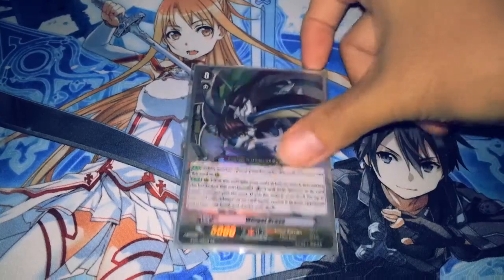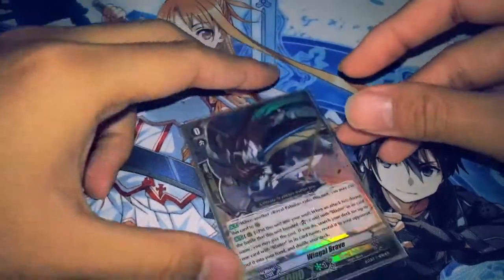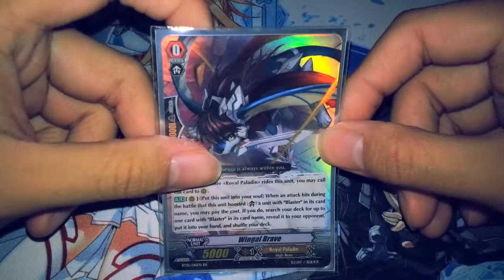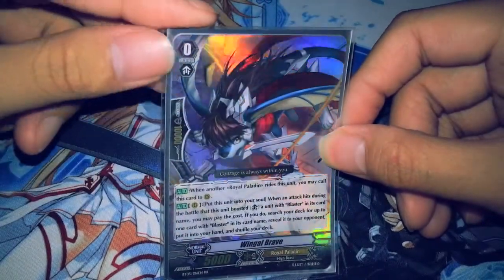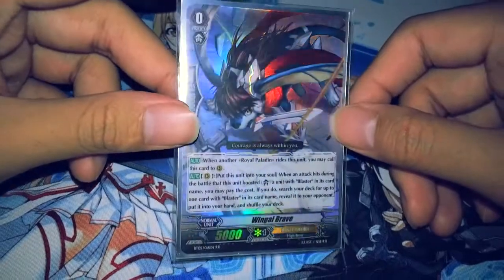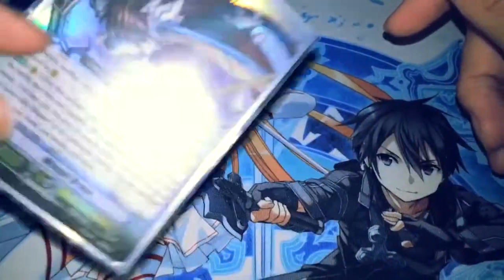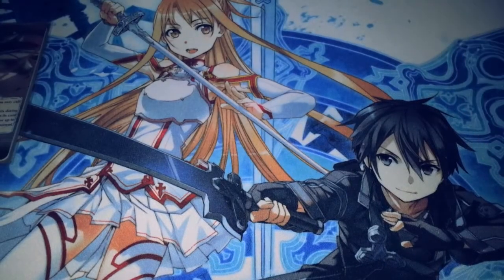So, of course, my starter is Wingal Brave. It's a really good card, arguably the best booster for Royal Paladin in Barkle's stead. So this is my starter, and there's not really much else that you should or can run in its place. So for triggers, I run